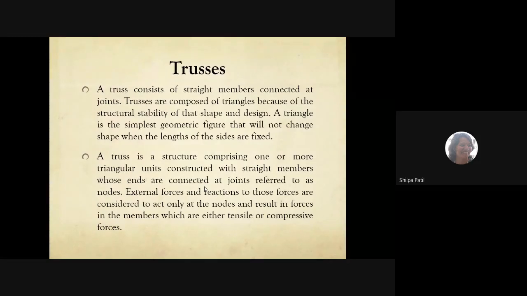Now this is very important. When you consider any truss, all the members are connected together at the joint, and each and every joint is considered as a hinge support. It is considered as a hinge joint or a pinned joint. Now, you already have learned in engineering mechanics that whenever there is a hinge support, that joint is able to rotate, but there is no movement developed at that joint.